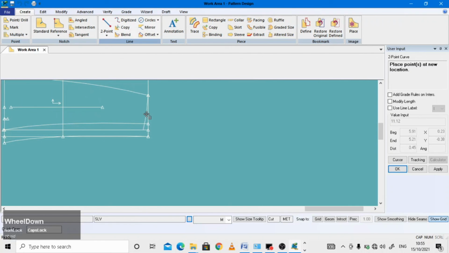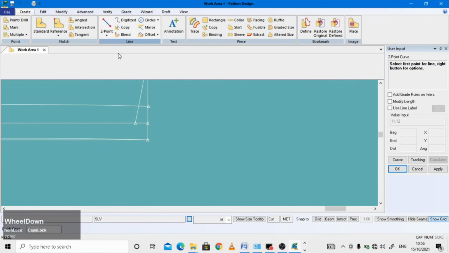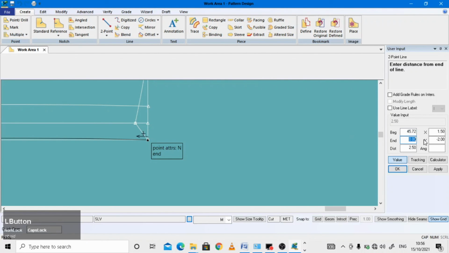And you have to provide the proper shape of this sleeve. Similarly, go to 2-point and select this, come to this endpoint, go to the box and enter 1 centimeter